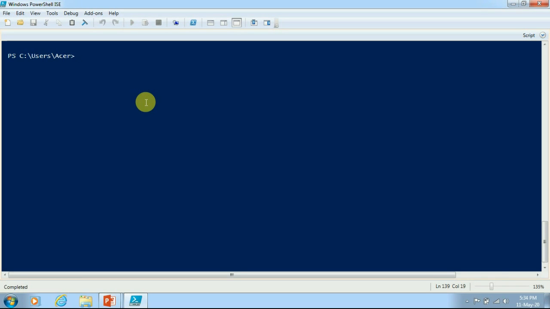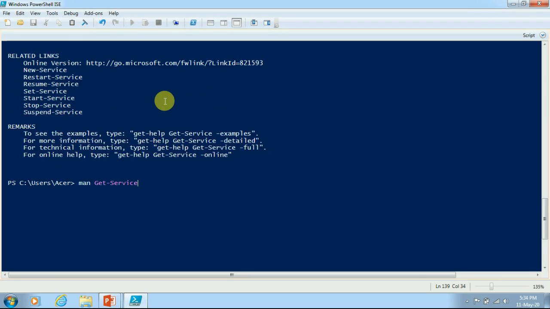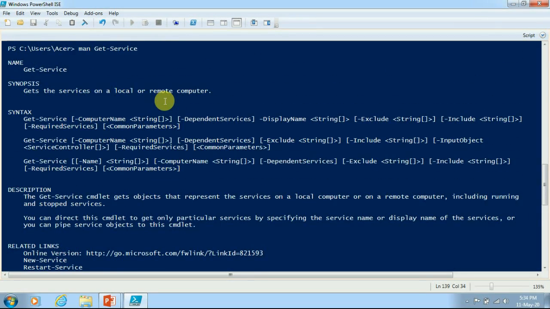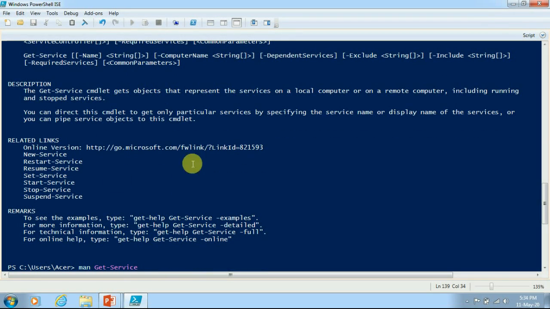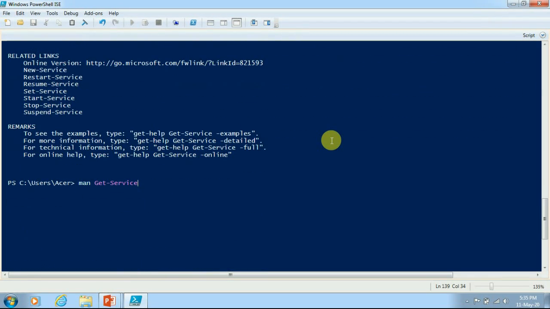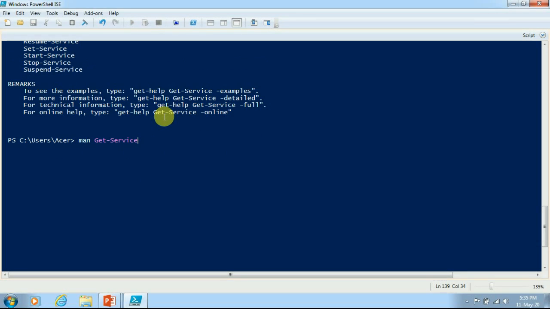There is an alias available for that one, and there is one piece of information for this: when we are using either help or man, it is going to display the information only one page at a time. Since here the information is very small, everything is getting displayed on a single page only. But if it contains more than one page, we will be seeing only one page at a time, and we will have to switch to the next page to see the further information.